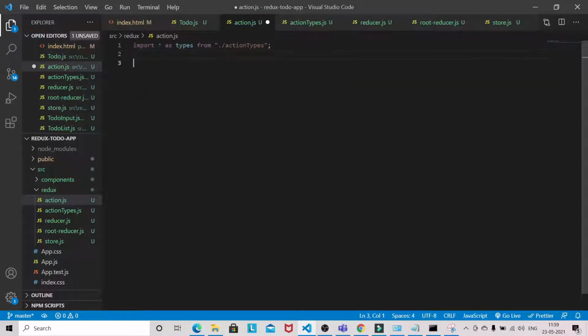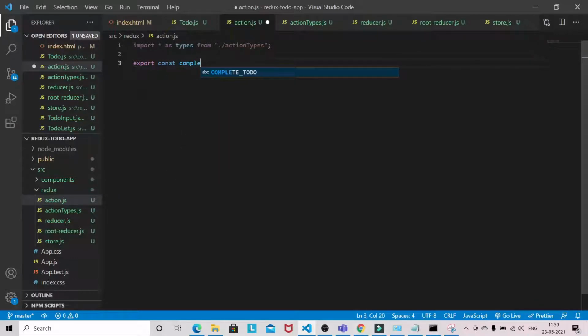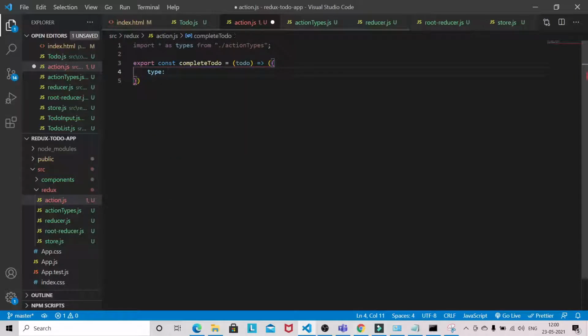And we have to write an action here, completeTodo. The completeTodo will receive a todo, and we can use shorter syntax here, so by doing this you don't have to write a return statement. So completeTodo, and the payload will be todo.